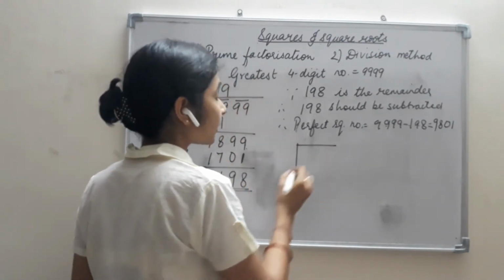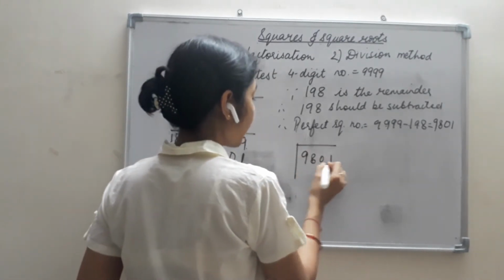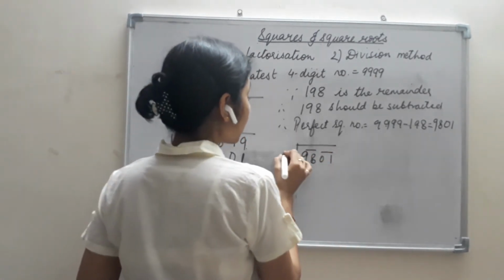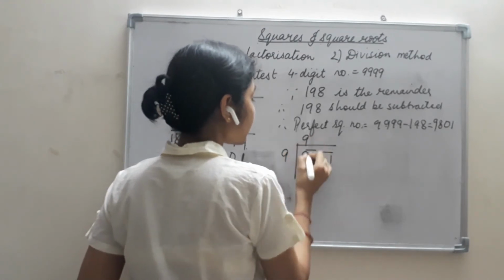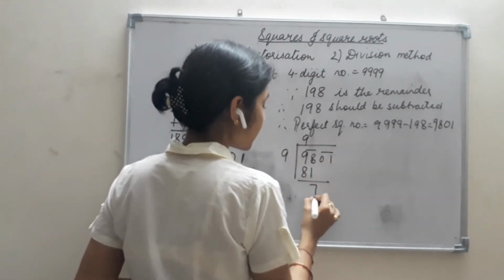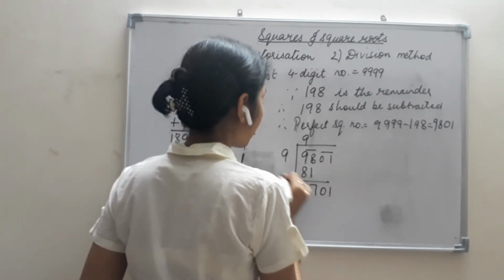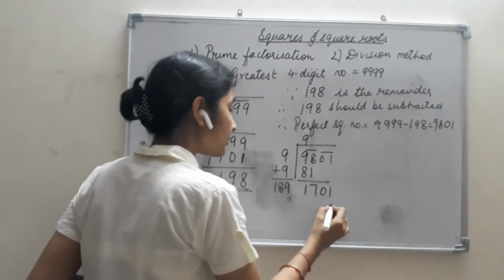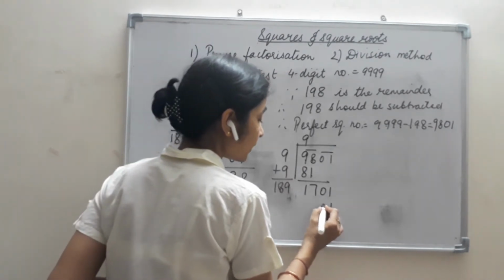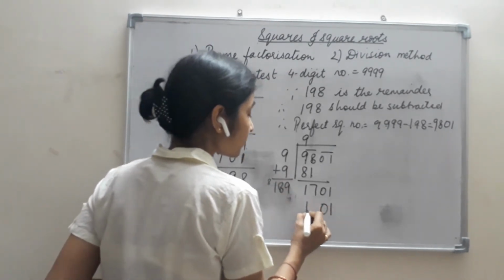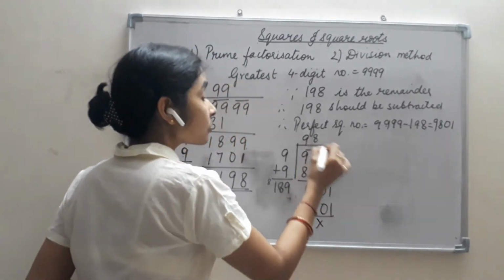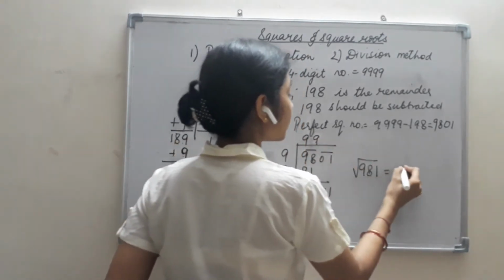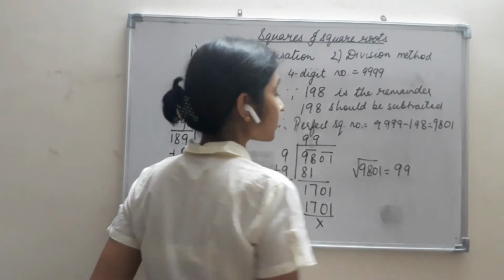Now let us see what is the square root of this number. It will definitely be 99, but we have to show that. 9801 divided, now what we will take? 98, so perfect square number is 81 before that. So 9 nines are 81. 8 minus 1 gives us 7, 9 minus 8 gives us 1, 0, 1 plus 9, so we get 18. So we take 9 here, 9 nines are 81, 9 eights are 72, plus 8 gives us 80, 9 ones are 9, plus 8, 17. Got it? So the square root of 9801 is equal to 99.